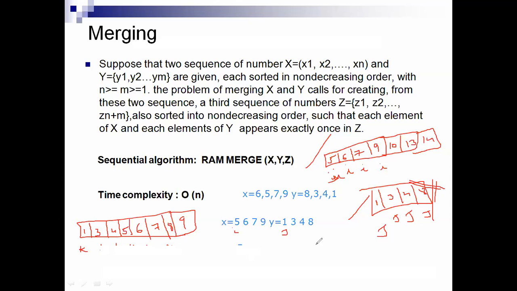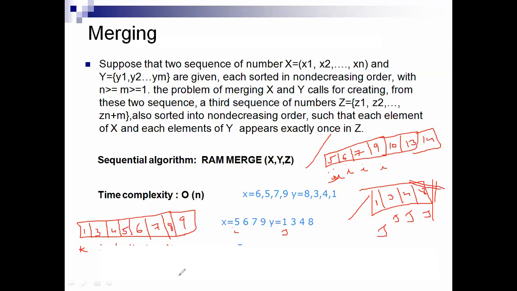Okay. So here merge sort is a successful application of the divide and conquer technique. It sorts a given array by dividing it into subproblems, sorting each of them recursively, and then merging the two smaller sorted arrays into a single sorted one.